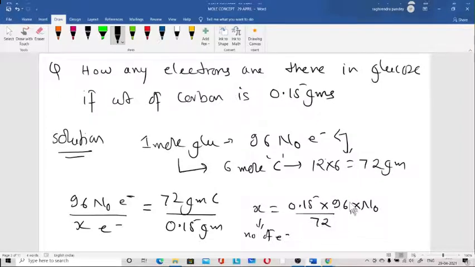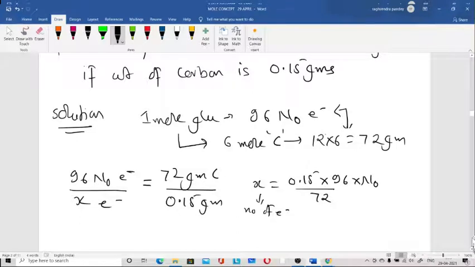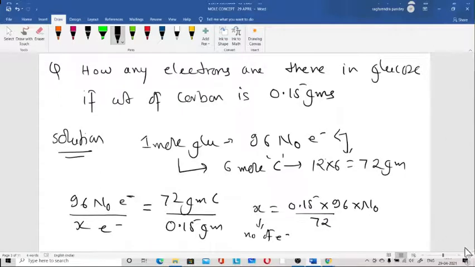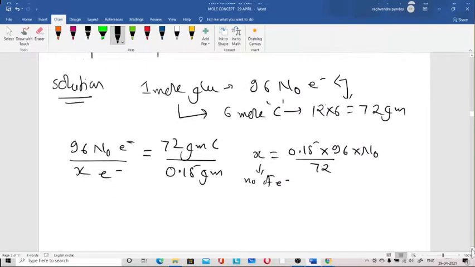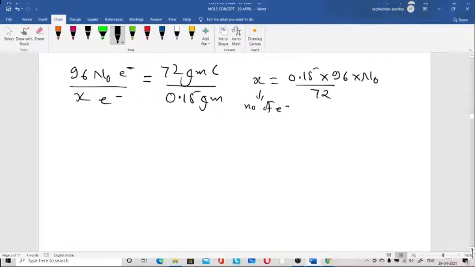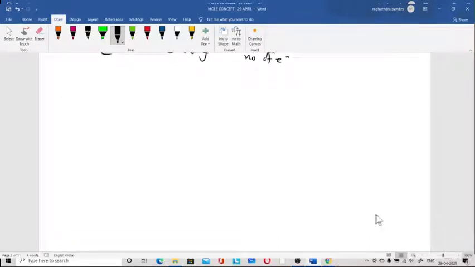The calculation they will give you such numbers that they will be in a single table. Suppose 16 sixes are 96. Like that, 15 and all that will be divided by 3 or 12 or something like that. So you can calculate it easily. Calculation is not an issue here. The issue here is how you can equate the different things. For newbies like you, it is difficult to equate because there are a whole lot of variables there: electrons and then weight and then moles and all these things.